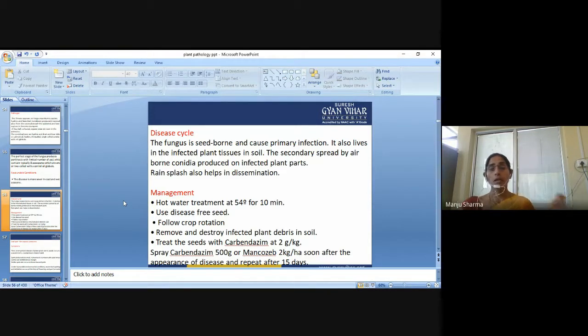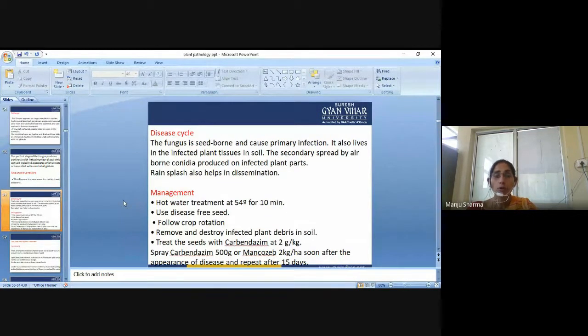Management: hot water treatment at 54 degrees centigrade for 10 minutes, because low temperature is favorable for the pathogen. So if we are doing the management, we give the hot water treatment, the water should be heated and brought to 54 degrees. So, hot water treatment at 54 degrees centigrade for 10 minutes, use disease free